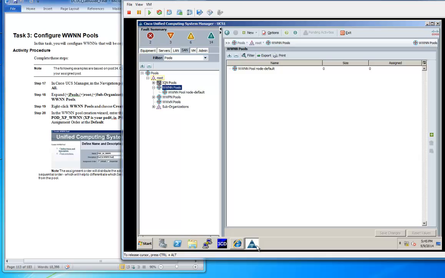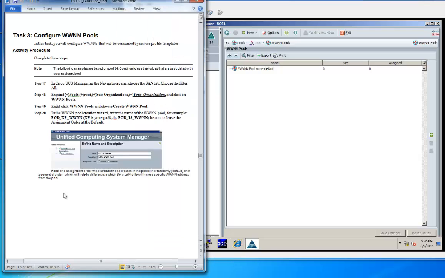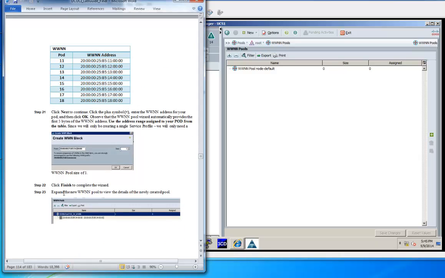As we can see, this is our UCS Manager interface over here on the right, and over here on the left is an example of our lab guide. Our lab guide does have step-by-step instructions for the students, in addition to some screenshots for clarity. It also has additional notes. This part of the lab guide is where the students can provision their logical addressing, like a WWNN